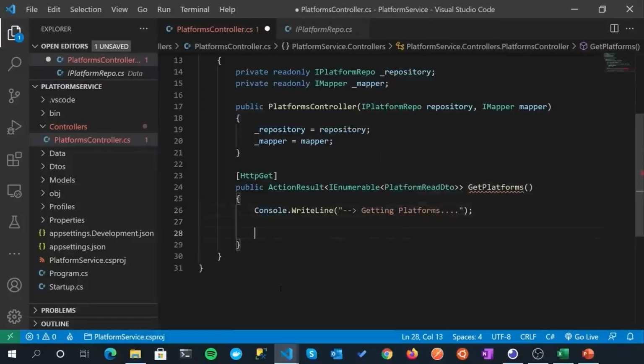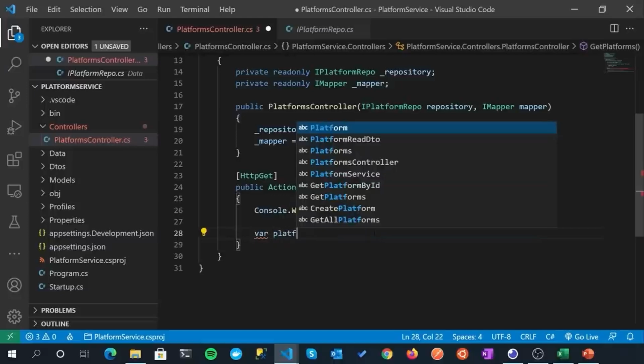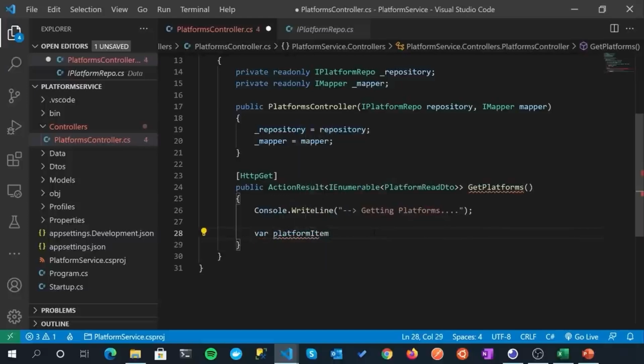All right. So we want to now make use of our repository to actually go into a repository and pull back the platforms that we want. So I'm going to create a variable that will contain the return result set from our repository method. So platform items, and this is going to be an enumeration of platform models that our repository returns back.